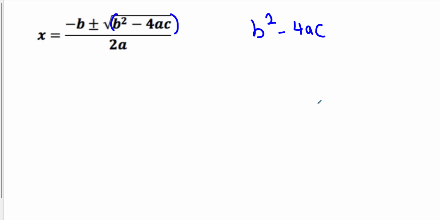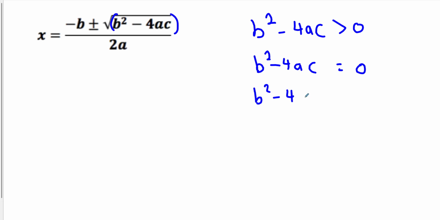We can just take a look at the discriminant and see if the discriminant is bigger than 0, or if the discriminant is equal to 0, or if the discriminant is less than 0. And there are 3 scenarios here, and each one of these scenarios corresponds to how many x-intercepts a parabola can have. So if the discriminant is bigger than 0, that is an example of 2 x-intercepts. If the discriminant is